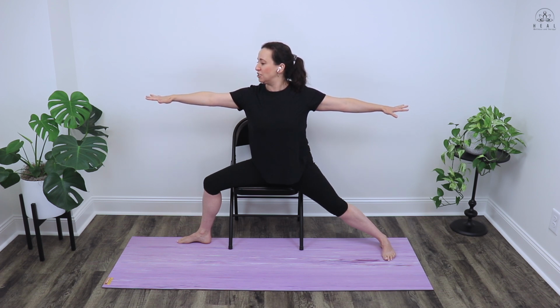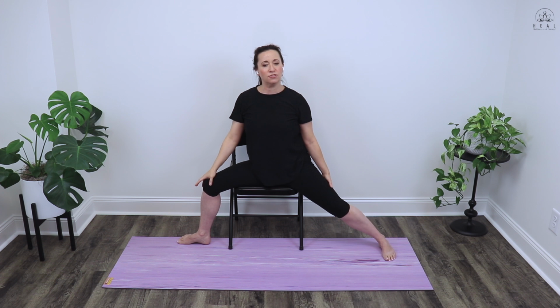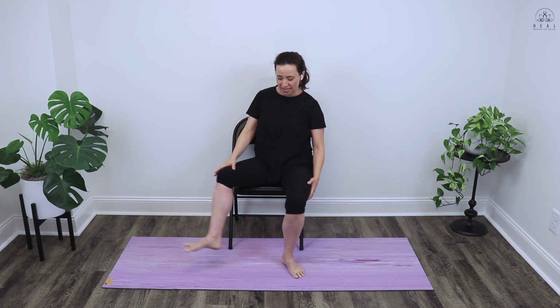Take a deep inhale into your belly here. And then exhaling out. One more nice, slow, deep inhale into the belly. And exhaling out, gently dropping the arms down, slowly sliding the left leg in, slowly turning the right leg, finding